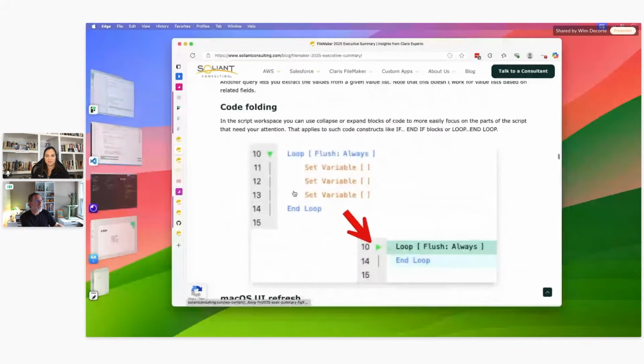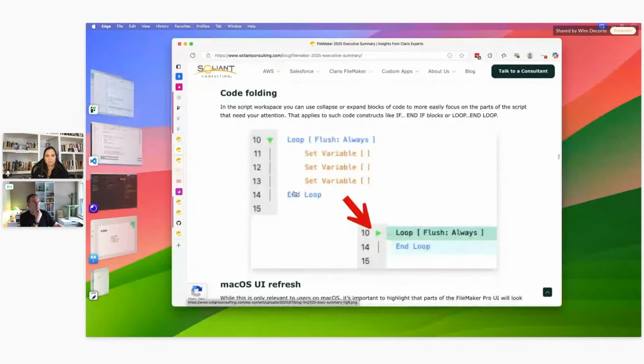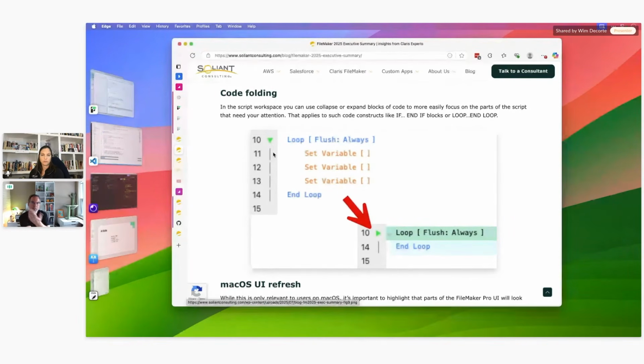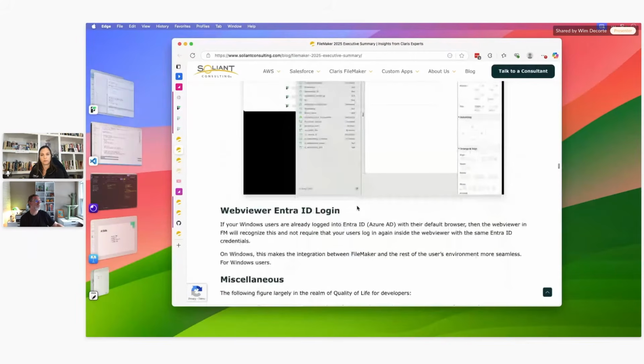All right, so there's a bunch of other things in here. Code folding, as developers, we will all love that. Nothing much to say. One of the things that I really like is the way that they draw their lines. If you ever worked in VS Code, like many of us have, or any other environment, it's the same thing, where it basically draws a line between the beginning and the end of any block, whether it's an if or a switch or a case statement or anything like that. So it does the same thing. And now we can fold them and do all of these things.